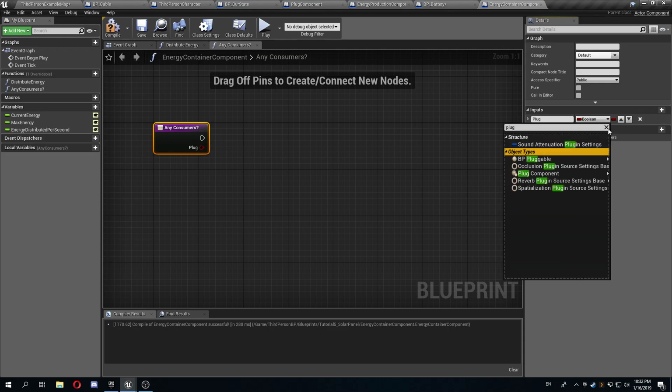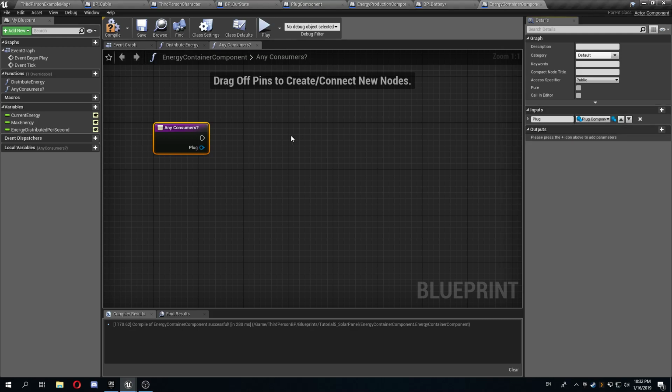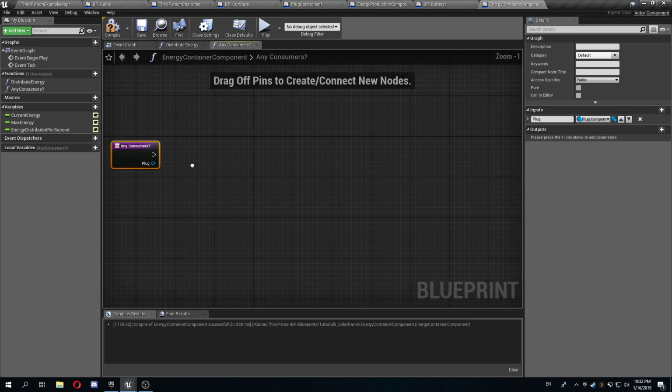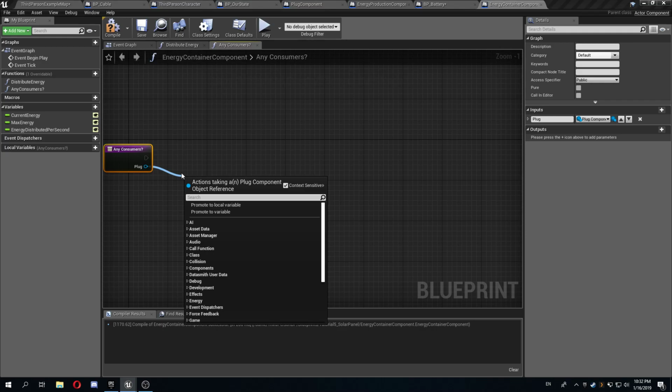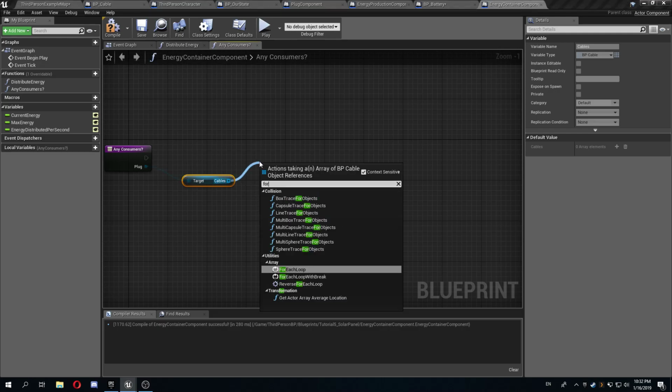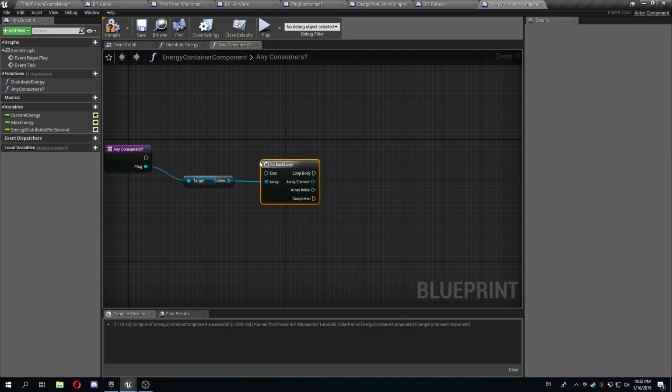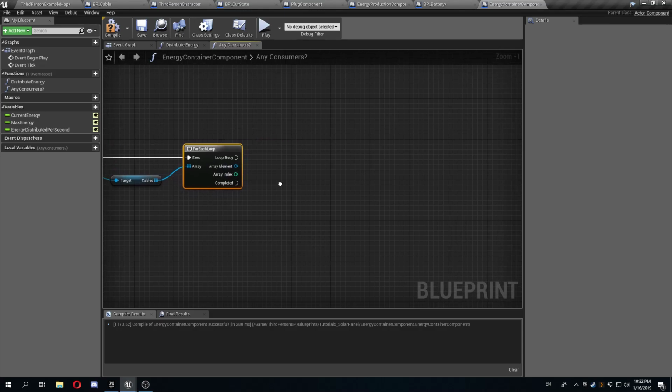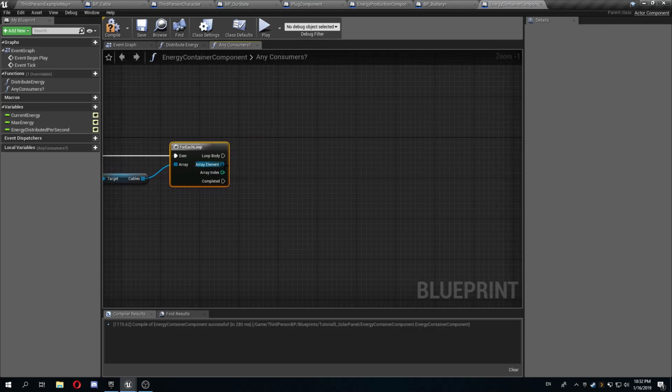So we'll take in the start plug component where we want to start checking. And on this one, I'm going to get the cables. And I'm going to do for each. And for each cable that this plug contains, I am going to get the owner,